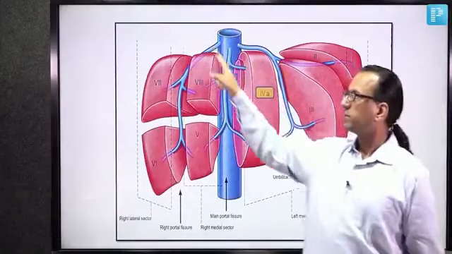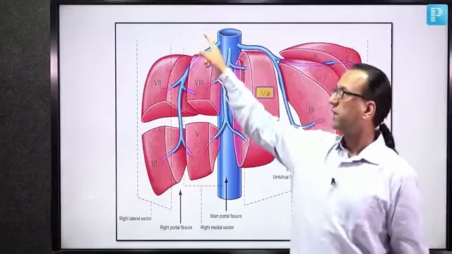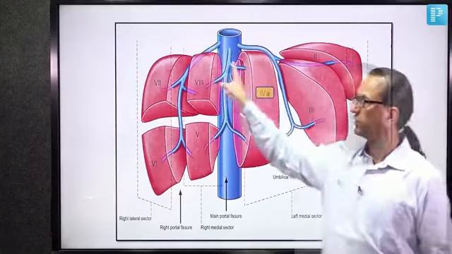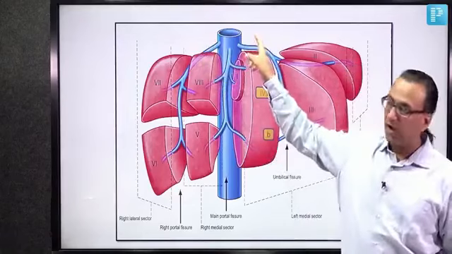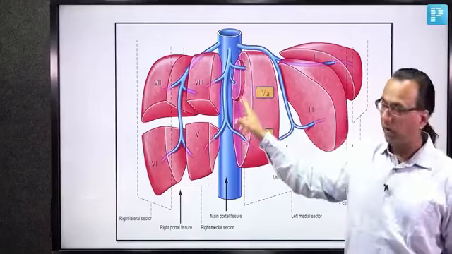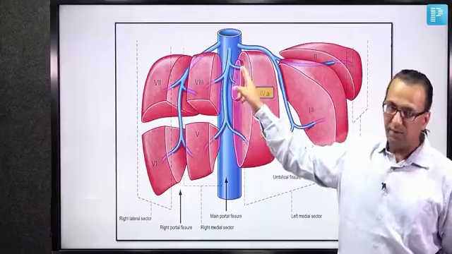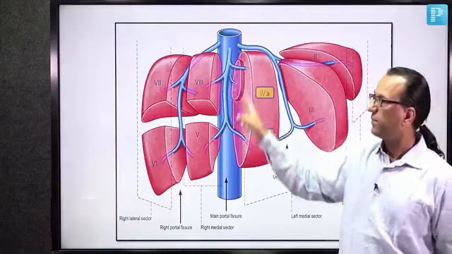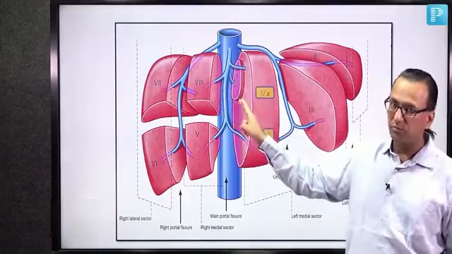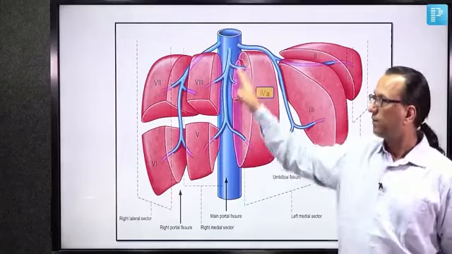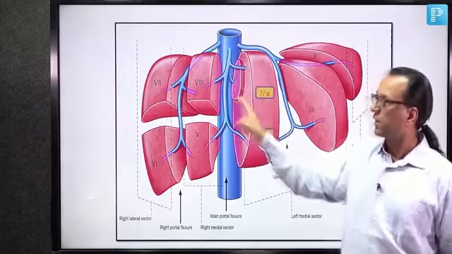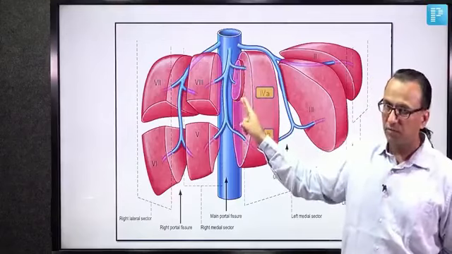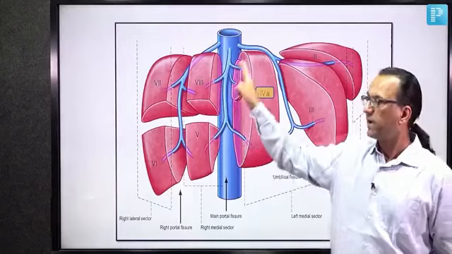If there is hepatic vein thrombosis, as might happen in Budd-Chiari syndrome, which will lead to portal hypertension and cirrhosis, one part of the liver will survive. That is the caudate lobe of liver, because it has nothing to do with the hepatic vein thrombosis, as it is directly draining into the inferior vena cava. So it will escape the injury of Budd-Chiari syndrome and in fact undergo compensatory hypertrophy because the rest of the liver was dying. It has to take over the function of the entire liver, which is anyway not possible,